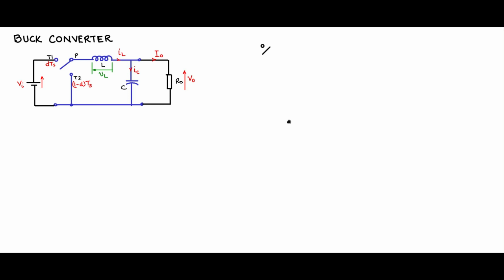Now consider, for example, a single pole single throw switch, like that of a relay contact. What are its IV static characteristics? So draw the V versus I, where V is the voltage across the SPST switch and I is the current through the switch. Let us say this is the throw and this is the pole, and the positive direction is current flow from throw to pole.